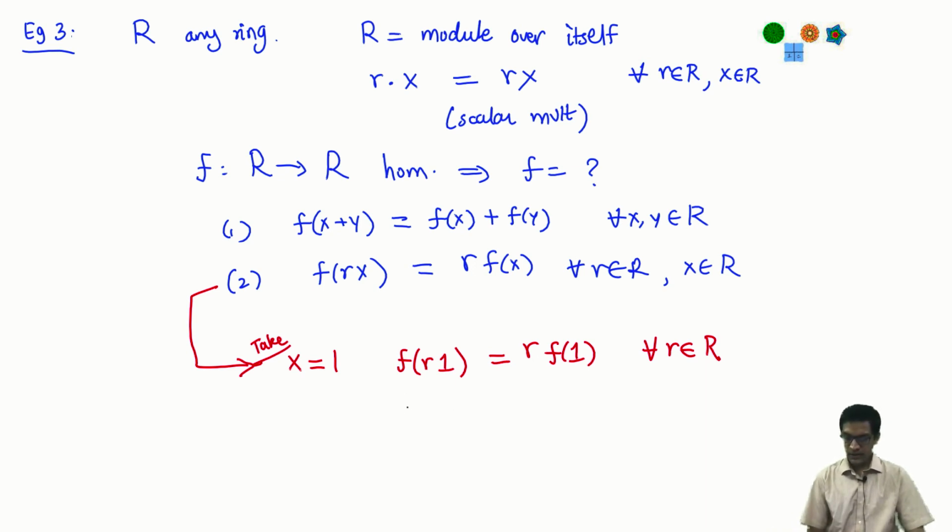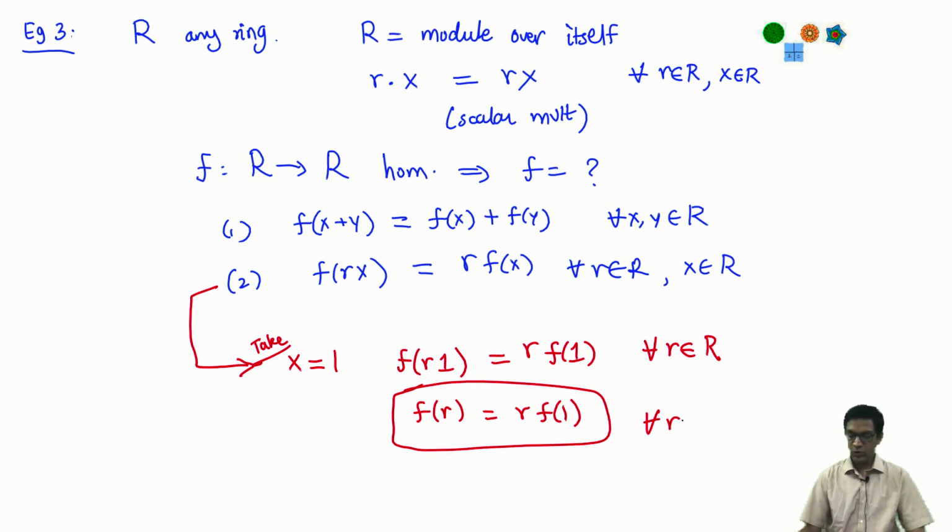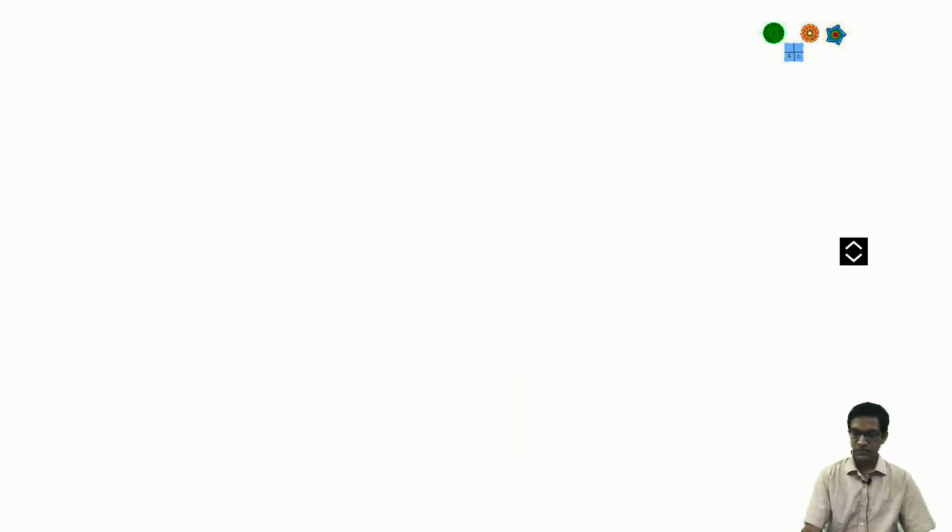Now what does this mean? Well, the left hand side is f of r, the right hand side is r times the element f of 1. So this is what I conclude. I've actually figured out what value my f has on the ring element r. The value is just r times this element f of 1. Okay, so f of 1 is some particular element of my ring here. So let's call f of 1 something. So let a be the element f of 1. We'll just give this a name.